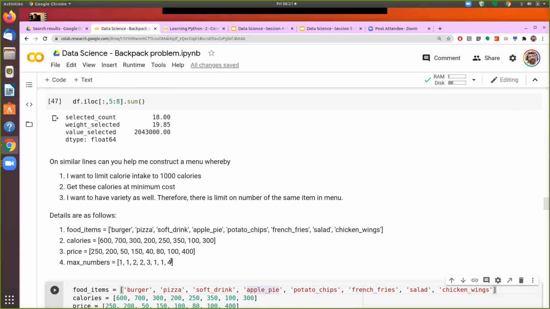So first of all, do you find that the problem is more or less the same? Or do these look like completely different problems? What does it look like to you? Any response? So it looks similar.